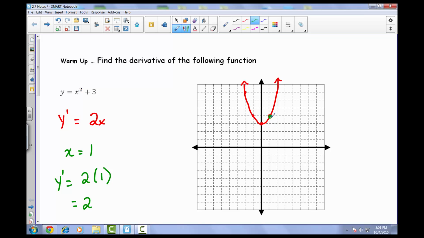And again, you could even just see that from our graph. You can see that it's rising and running pretty much as a slope of 2. Now, the issue, though, comes where